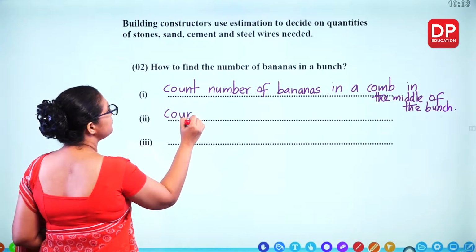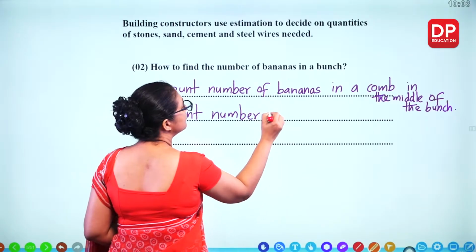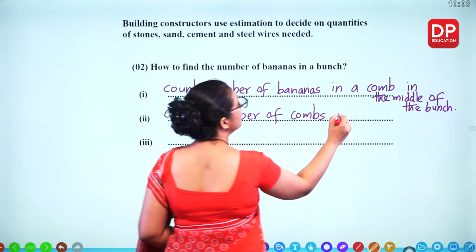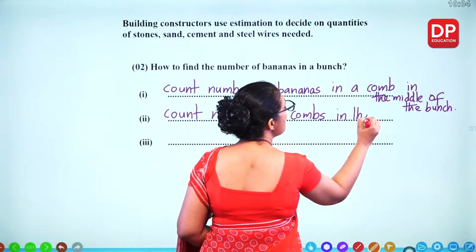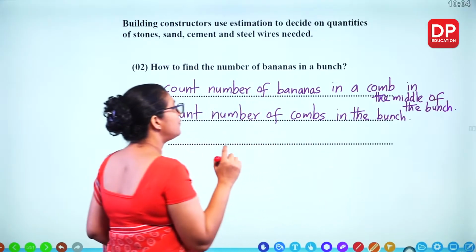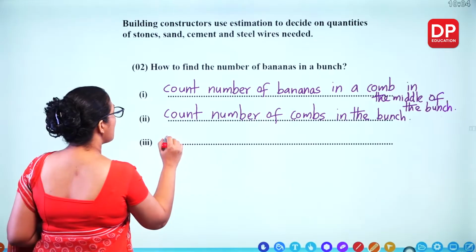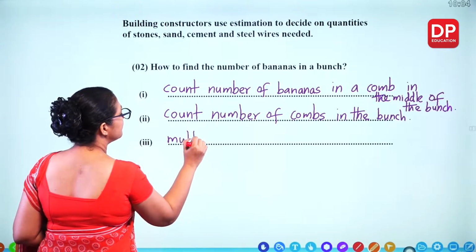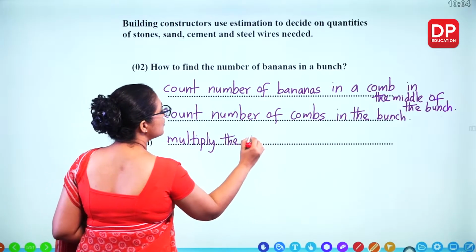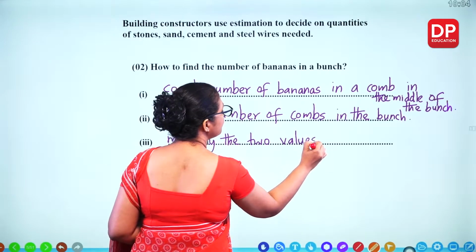Count the number of combs in the bunch. Then what you do, you multiply the two values. Multiply the two values. For example,